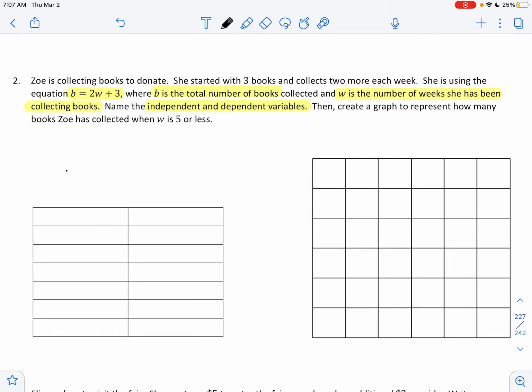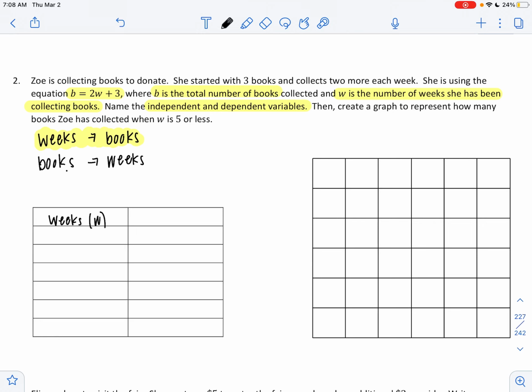So you want to ask yourself, is the number of weeks leading to the number of books that are collected? So does how many weeks passed determine how many books she's collected? Or does how many books she has determine the date, or how many weeks have passed? In this case, we know that weeks passed determines how many books are collected, which tells us to put weeks,